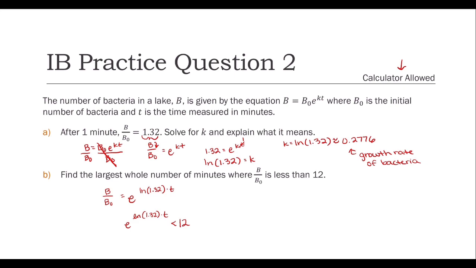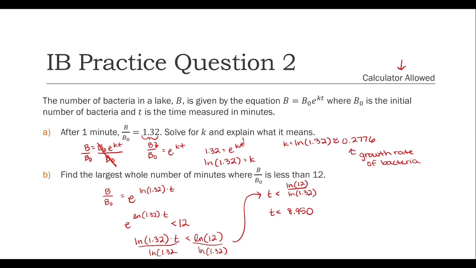We'll take the natural log of both sides to get that the natural log of 1.32 times t is less than the natural log of 12. And then we'll divide both sides by the natural log of 1.32, to get that t has to be less than the natural log of 12 over the natural log of 1.32. So we can go ahead and enter that into our calculators, and we'll find that t has to be less than